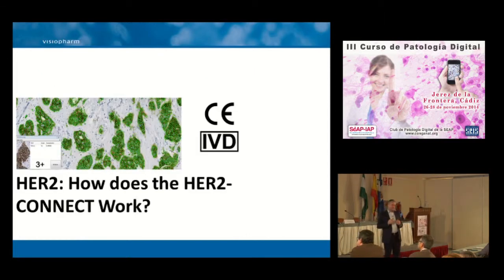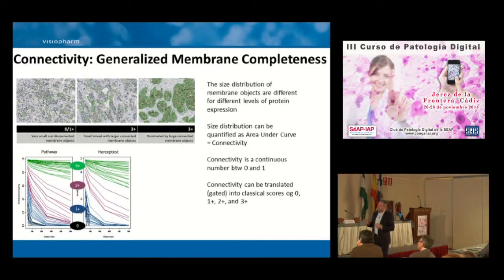So how does it work? I don't have enough time to go into excruciating detail, and you should probably be grateful for that, but I'll just give you a flavor. The idea that we arrived at after years of research was really to say, let's find a principle where we can